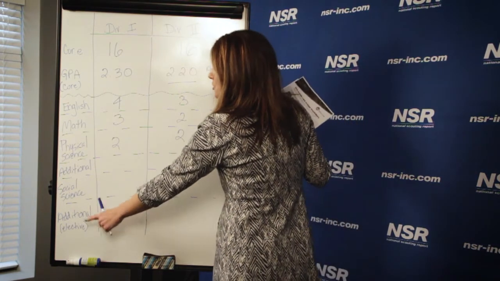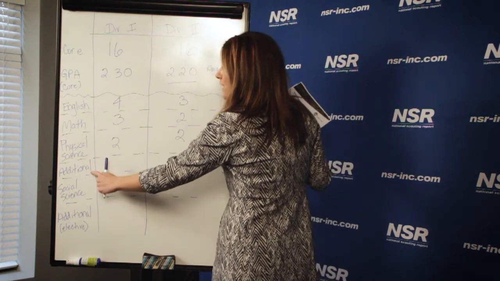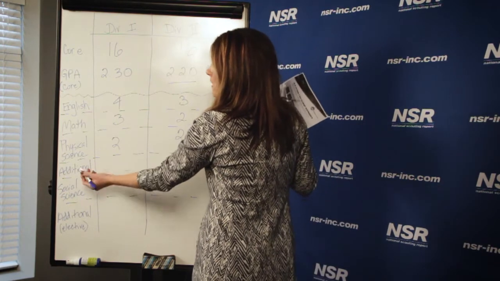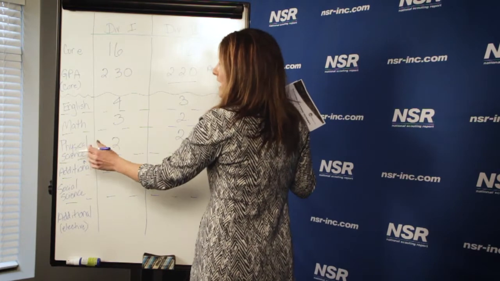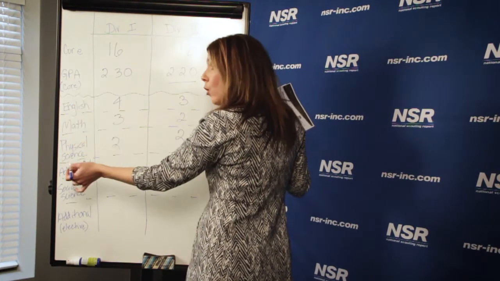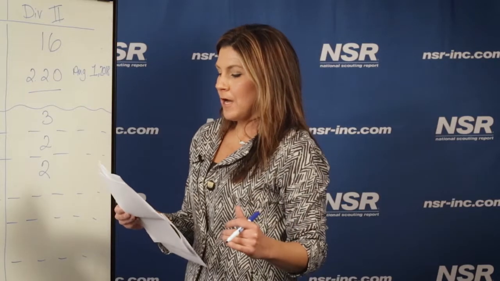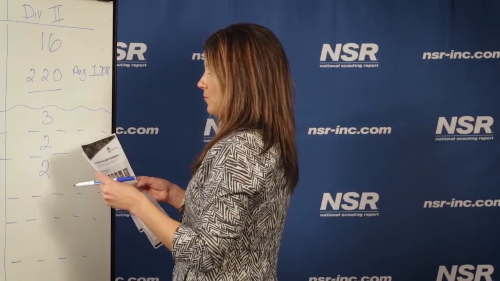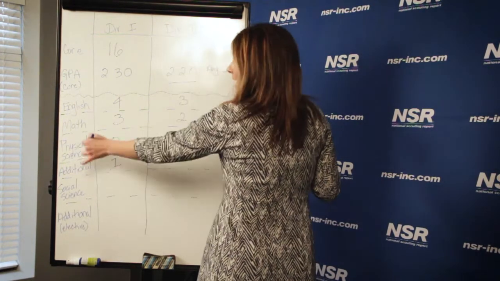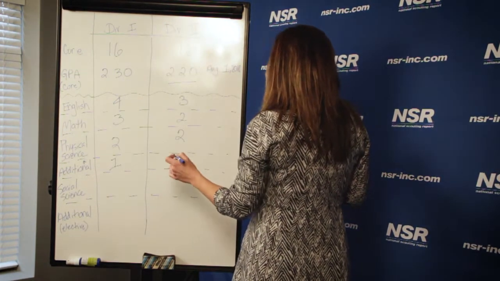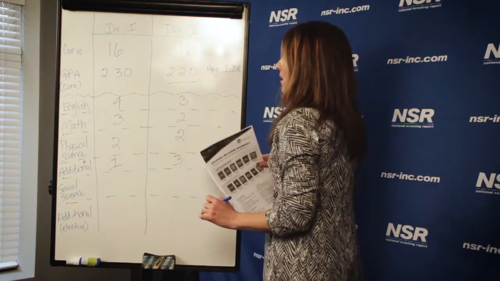Okay, so additional classes. Now there's 2 additional categories. This first additional category is going to be additional, what I would call main classes. So you have to have an additional English, math, or physical science class. You can choose which one, choose your strength. Whichever one you're going to do the best in is the one you need to choose. So for Division I, you have to have 1 year of an additional main class. For Division II, you have to have 3 years of an additional class.